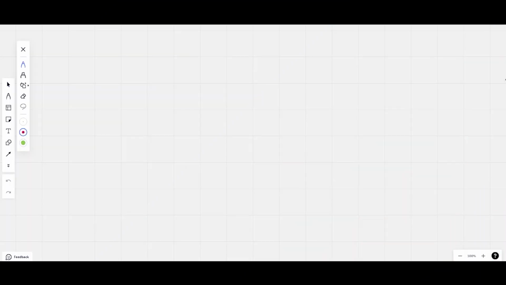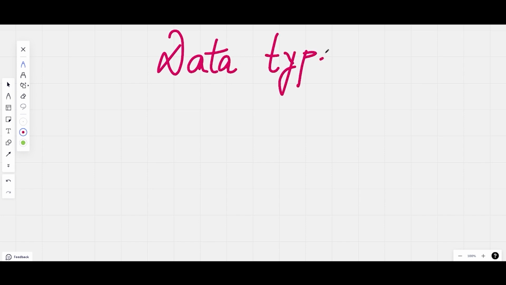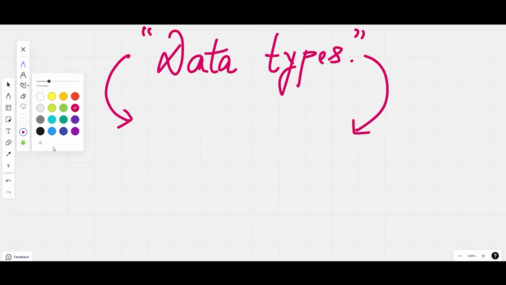Welcome back. In the previous session, we discussed what data types are, how we use data types in our program, why they are so important, and what the different types of data types present in C++ are. Today, we will do one very important topic which you can directly or indirectly relate with data types, which is called operators.